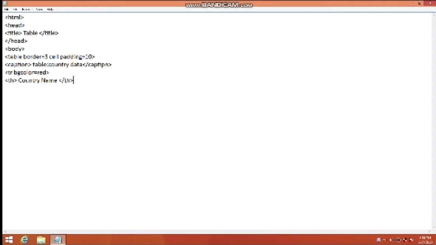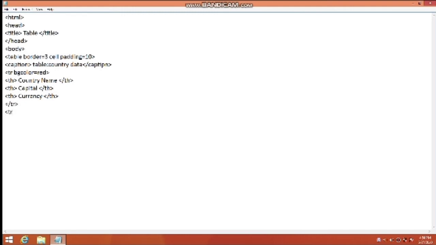Then we close this th tag. Then I'm going to give the next heading, that is capital. Then I close this tag, and then again I'm going to give the third heading, that is currency, and then close the table heading. I have given all the headings. Then I am going to close the tr tag.